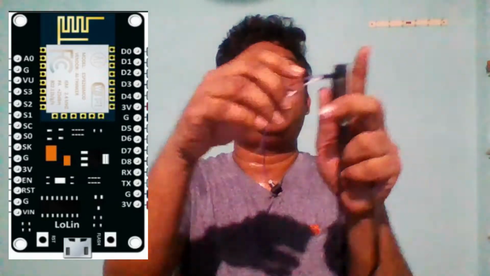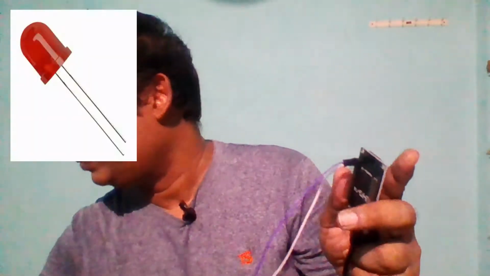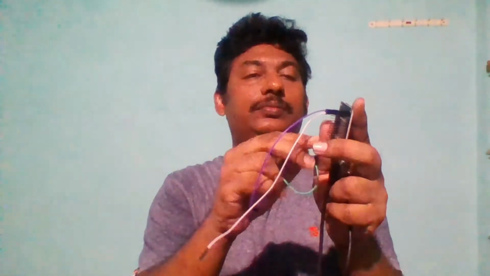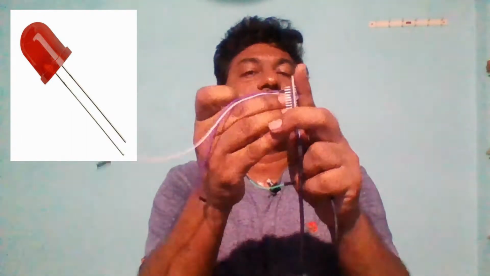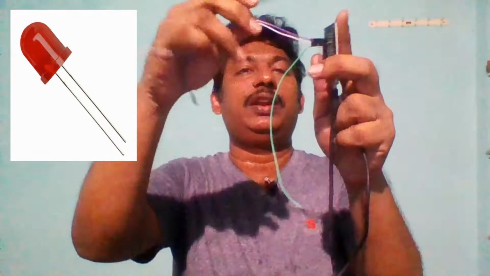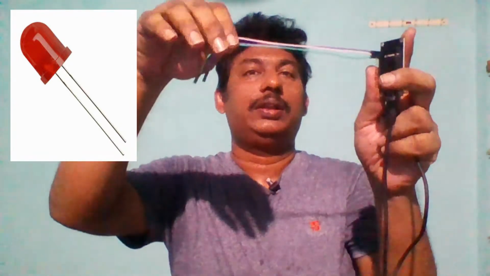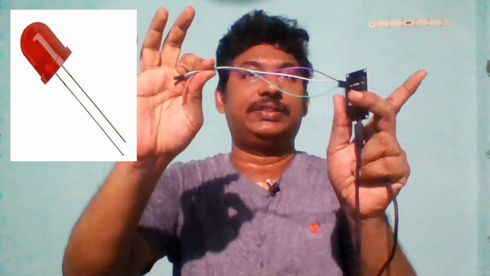Okay, D0 and D2 I connected. Next is D3, also beside only there. If you want, we can connect D3 also. D3 also we can connect here. Okay, D0, D1, D2, 3 lines for 3 lights.